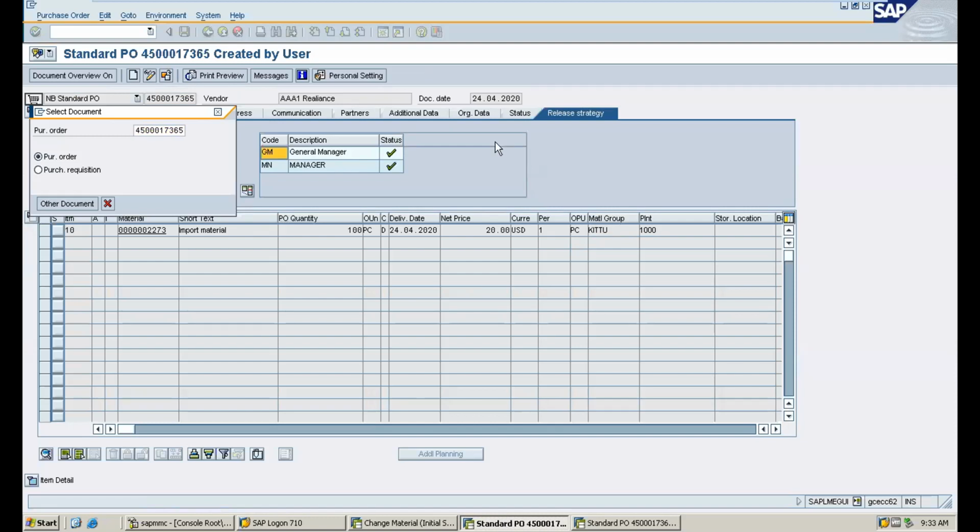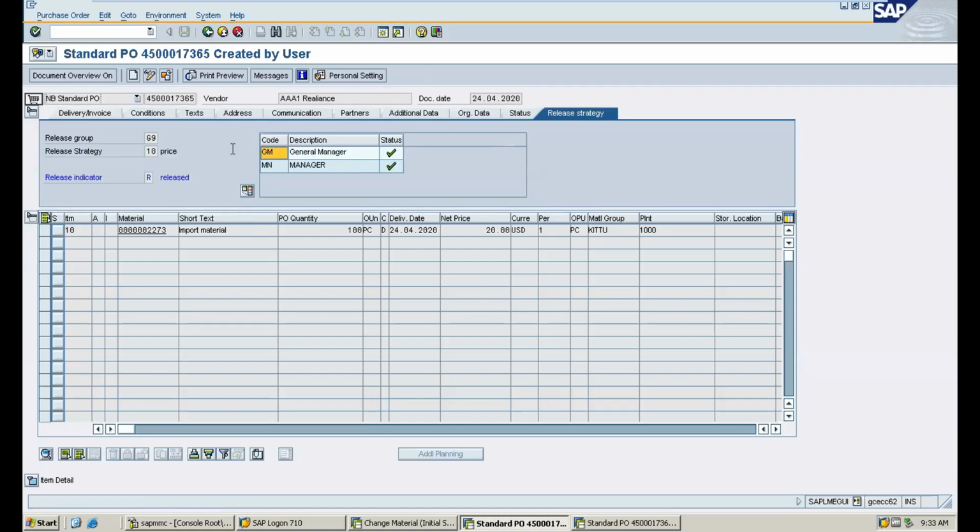The PO is released. Okay, now we can perform the invoice for the customs. Copy the PO number 17365. Now, once you send this PO copy to the vendor, you will take the print preview and send it to the vendor. Once this is sent, the vendor will deliver the goods to the plant. And before delivering, the customs needs to be cleared by the customs officer as per the government rules.